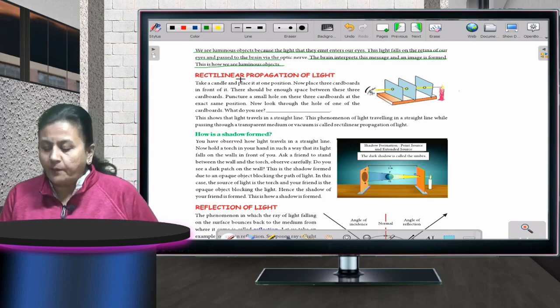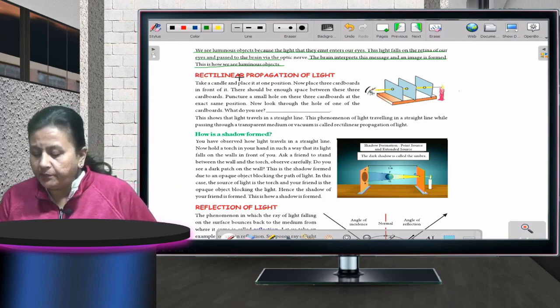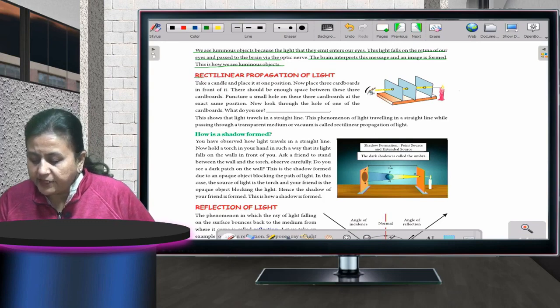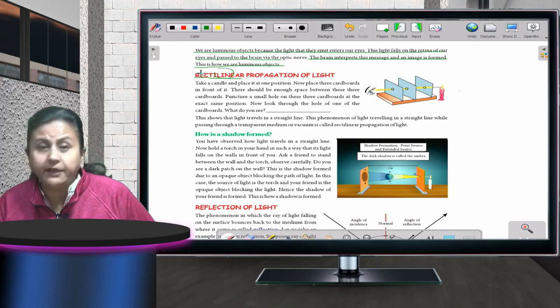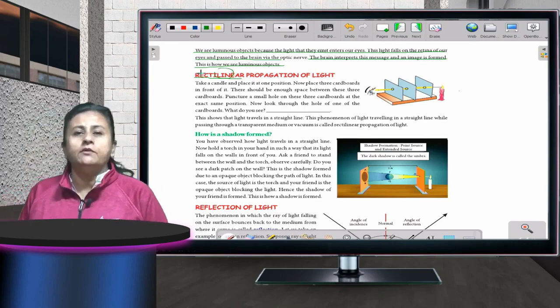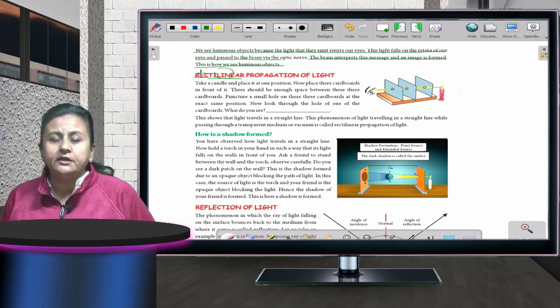Now the next topic is rectilinear propagation of light. See this word rectilinear. In this word you will find the word line. Okay, children, the light always travels in a straight line. The light always travels in a straight line. See,